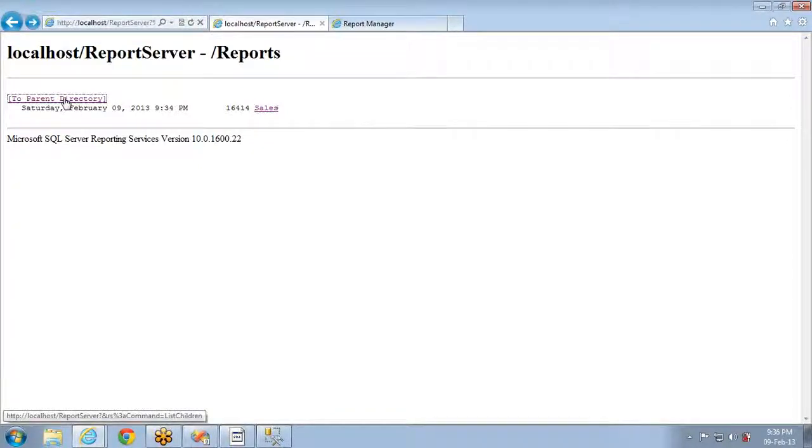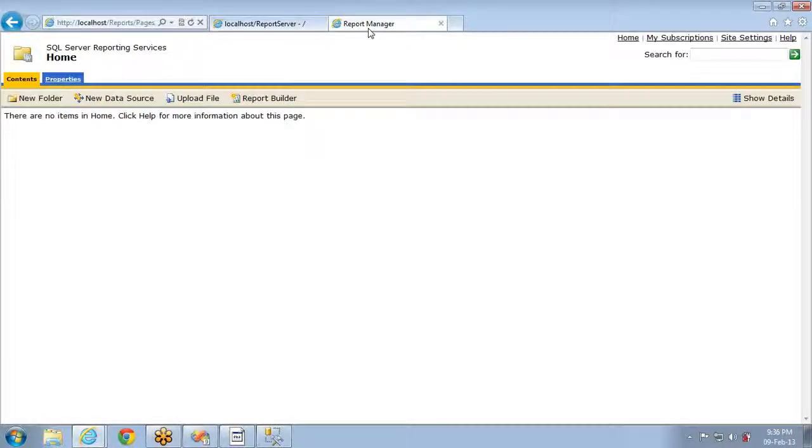It maintains all the data sources and reports. Now let's see what is the job of report manager. So that's where the job of report server ends. It won't do much. What it will do is just hold all the reports information and the data sources, whatever you are deploying. You just deploy to the particular server.